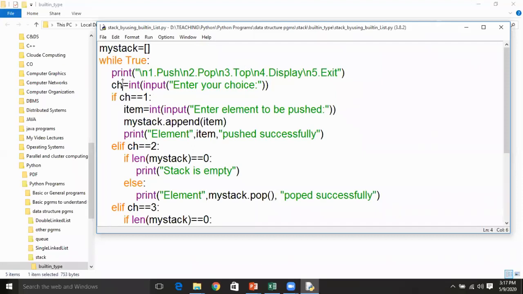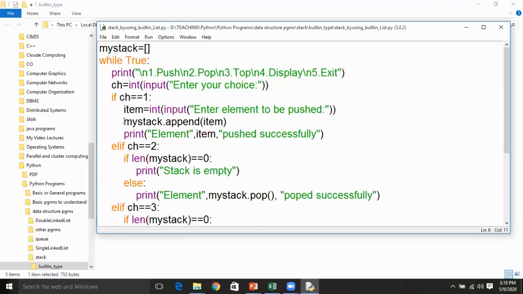If your choice is one, then it is assigned to ch, and the condition is checked in this if statement. Then it enters the block and asks you to enter an element to be pushed. If you enter an element, it is converted into an integer and assigned to i.